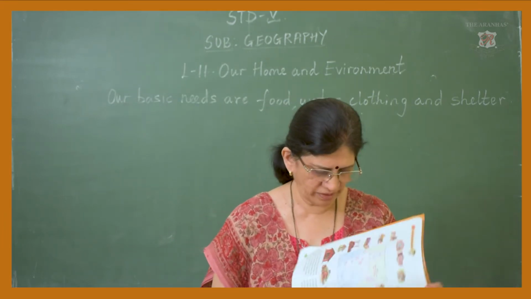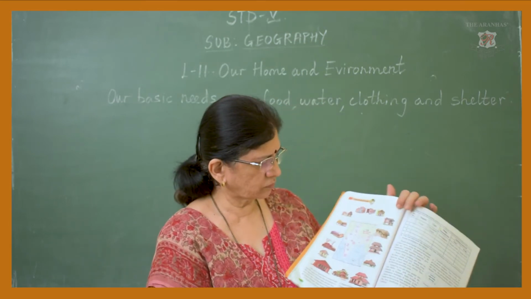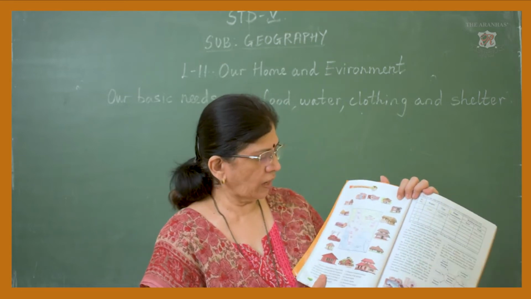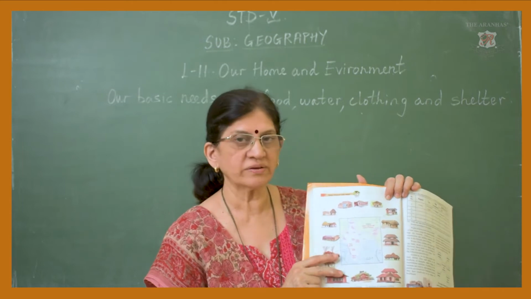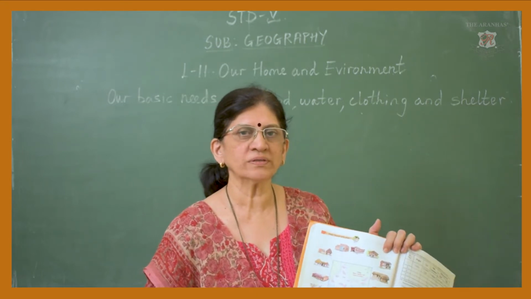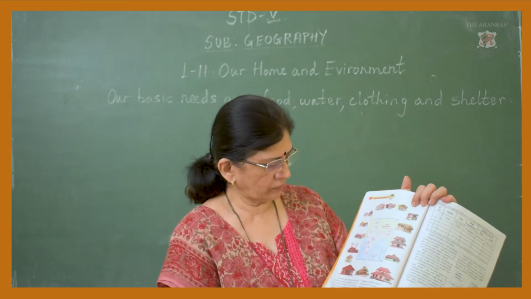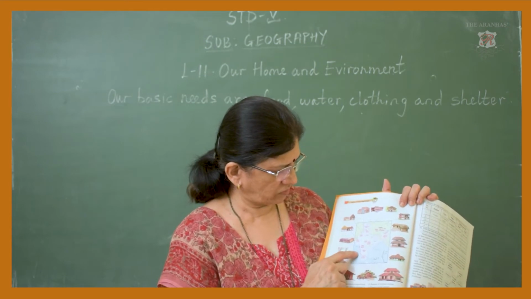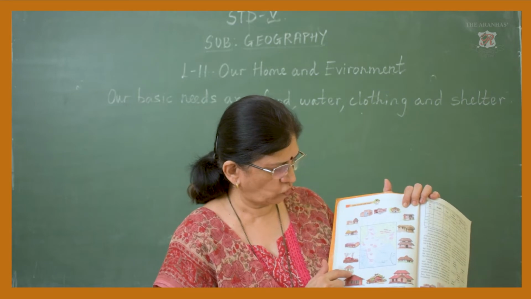Now next page we have, look here, they have shown the map of India. And see, in India, in different regions there are different climates. So houses are built as per the climate and the material available there. Here we have, see, in the coastal region, it's the region of heavy rainfall. There you will have sloping roofs.